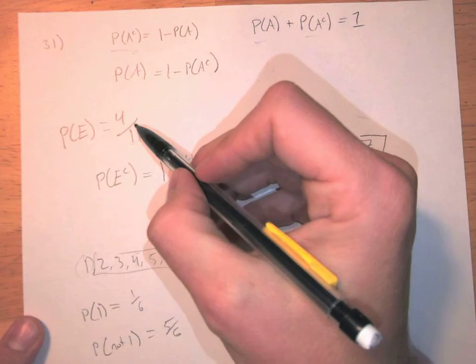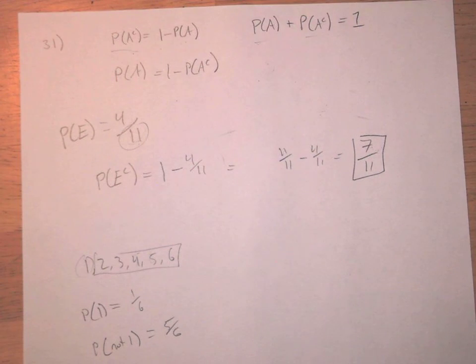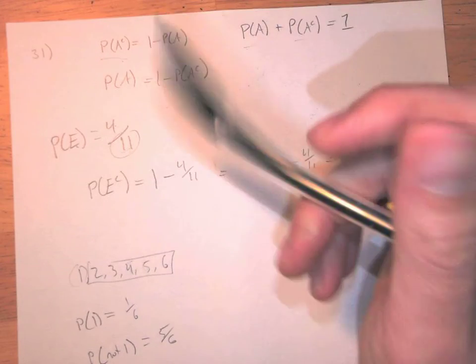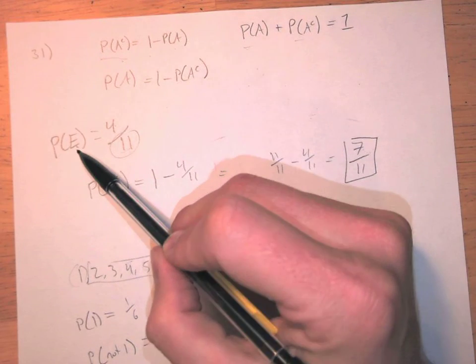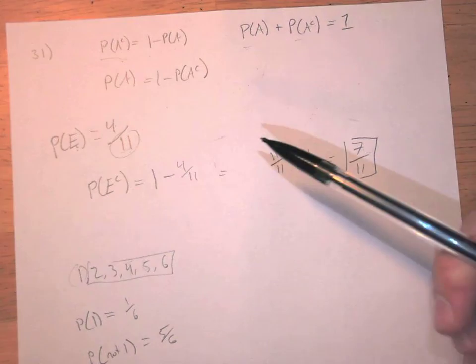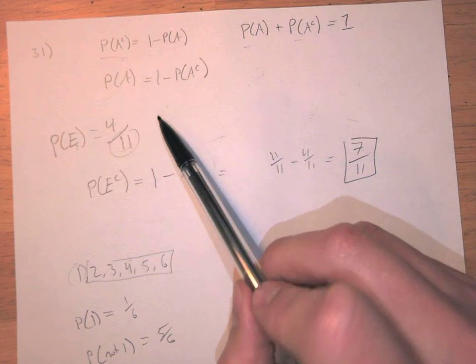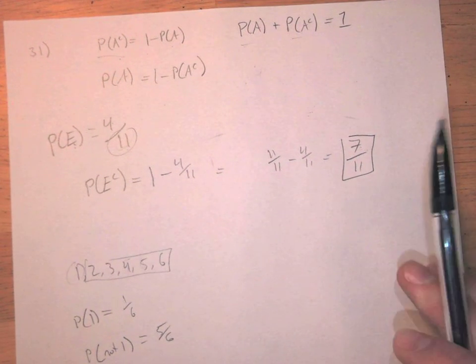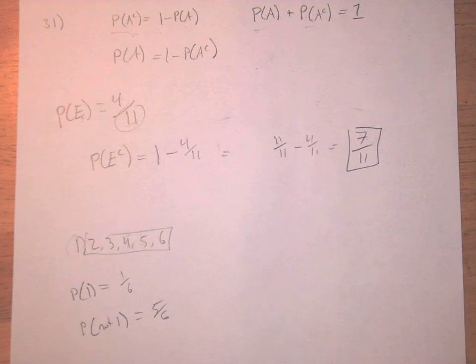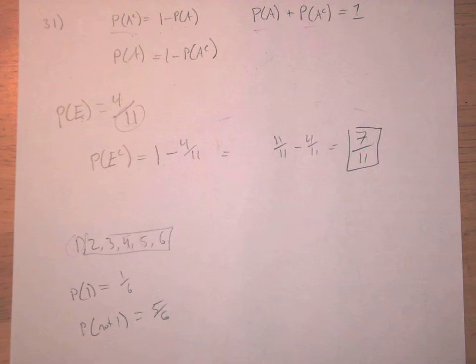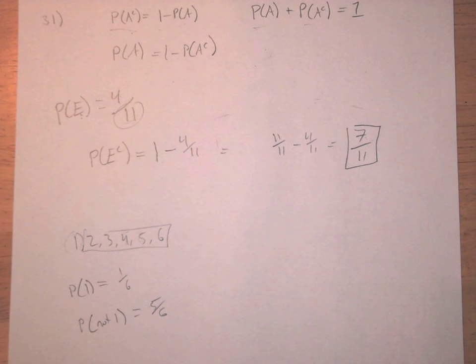There are 11 events in your sample space. 4 of those outcomes are where E is true. So that means there are 7 other outcomes that aren't accounted for. There are 7 other outcomes where E doesn't happen. That's the complement. So that should be pretty easy. All you pretty much have to do is take the number that they give you, subtract it from 1, and you're good to go. That's pretty much it. But conceptually, that